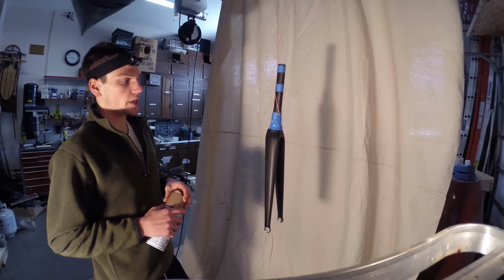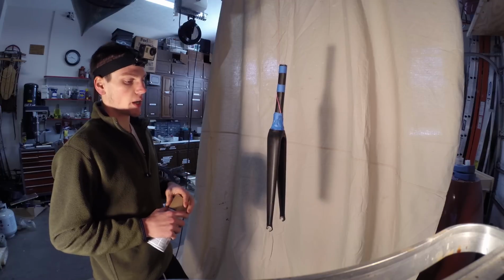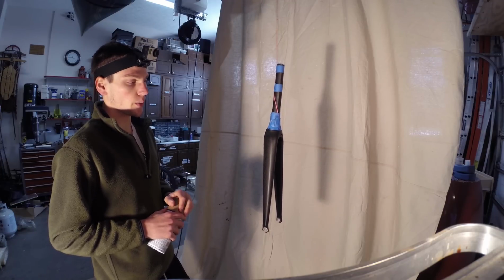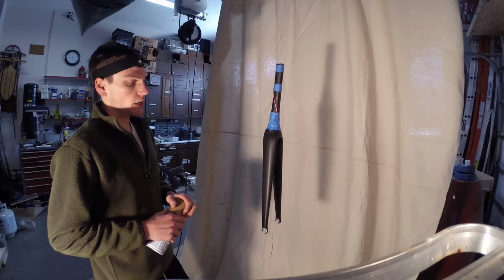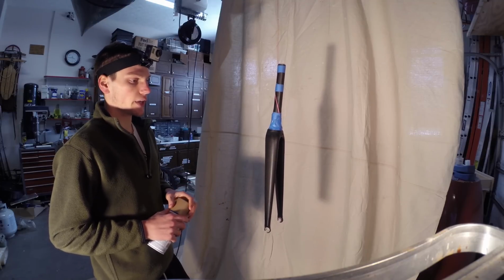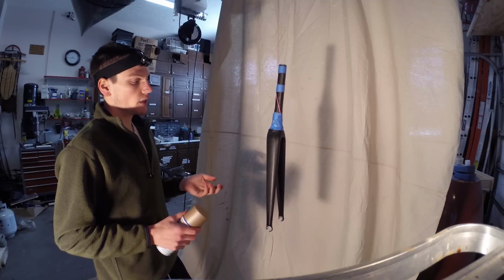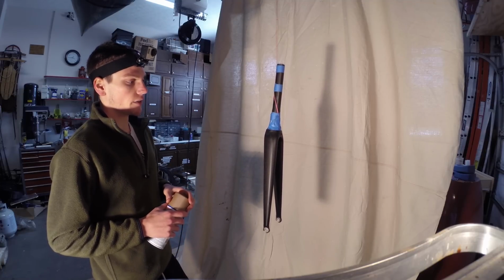And then I tape over all the different parts. I tape over the bottom bracket, I tape over any of the holes. If you have internal cables, I tape over the grommets. It just makes it easier in the future. If you leave your brake lines in, you can just peel the